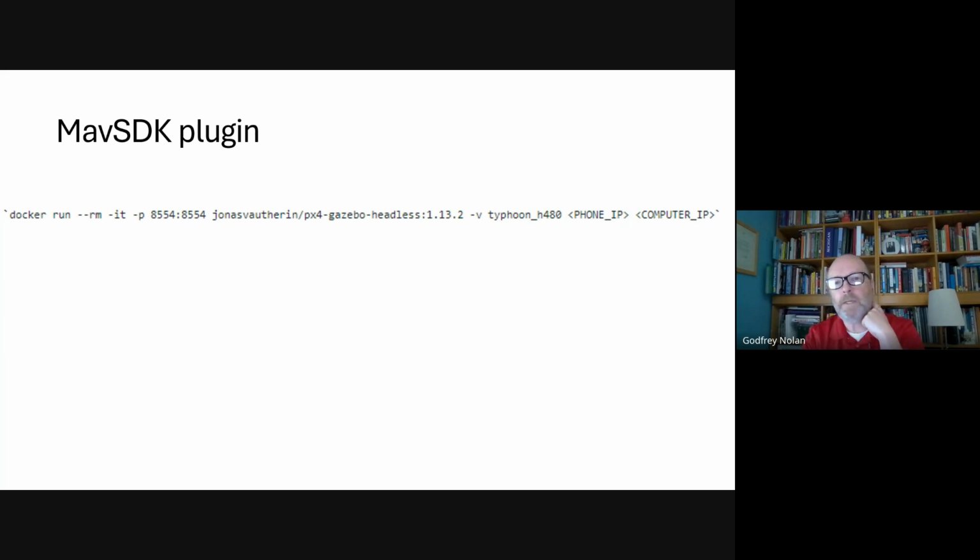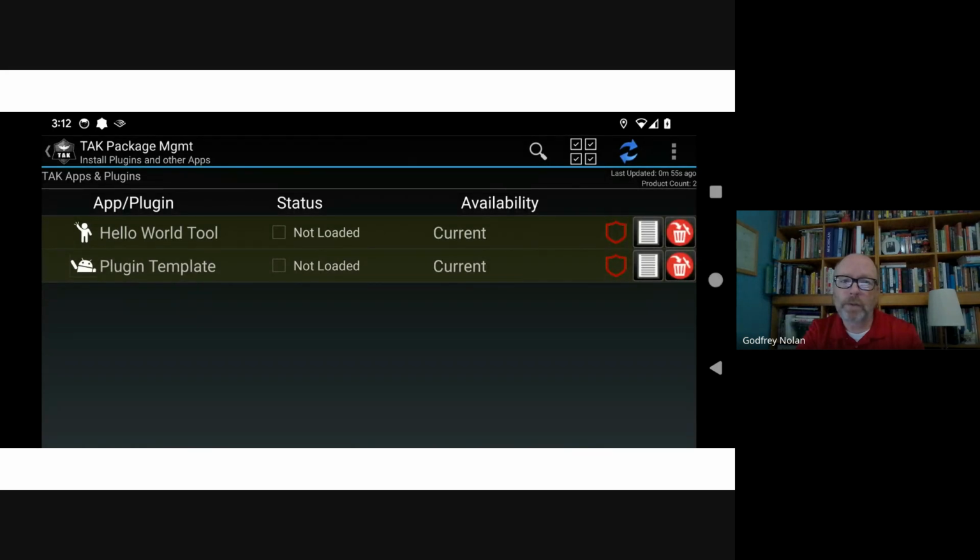So get Docker up and running, phone IP, computer IP. You might have to open up firewall settings for 14550 and 14449 if you have issues, but you probably shouldn't have. And then your PX4 simulator starts. And we compile the plugin. We have already installed the Hello World, and then we have a second plugin. So if all goes well,